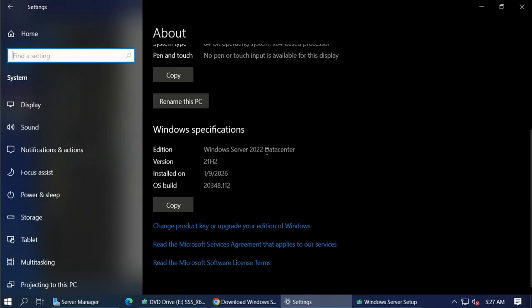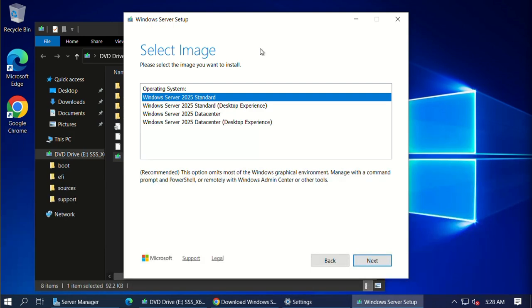This is Data Center edition. You must upgrade to Data Center edition. If you are using Standard edition, you must upgrade to Standard edition. If you are using Server Data Center edition, it will not work because your files and apps will be removed.